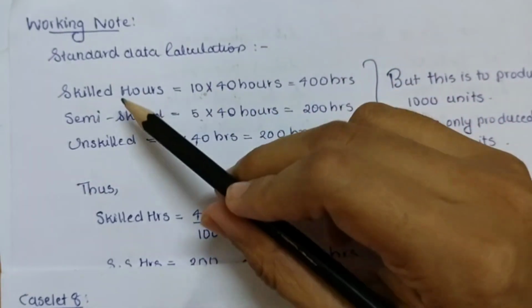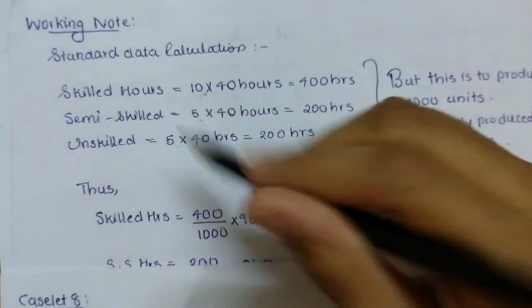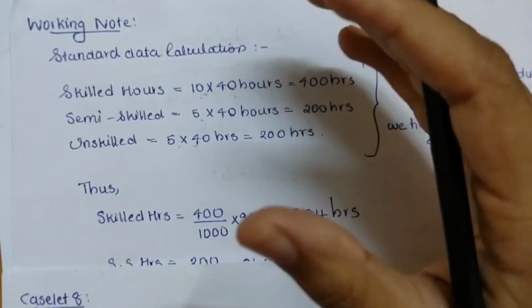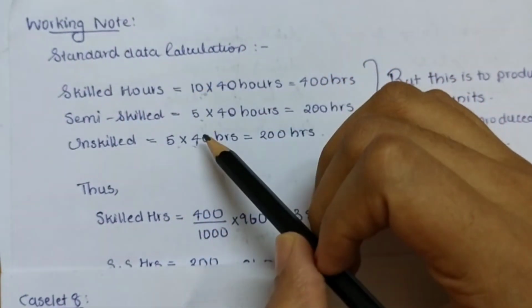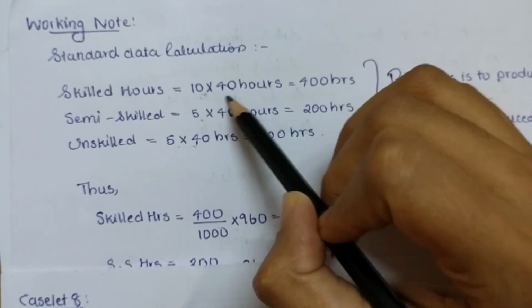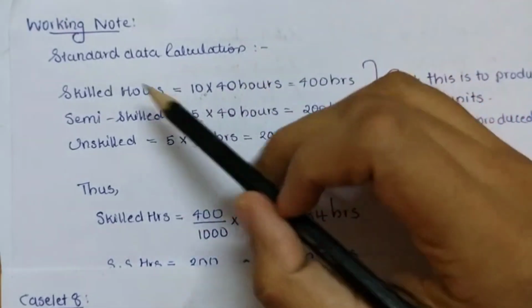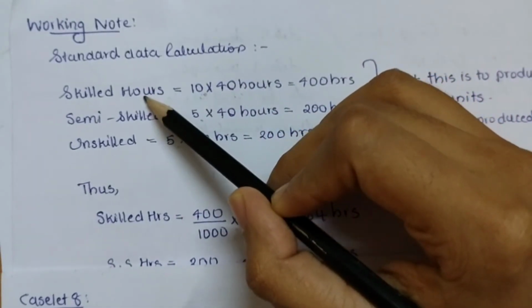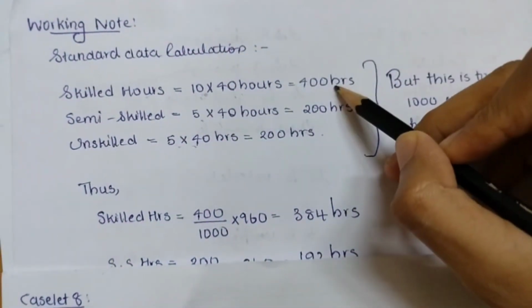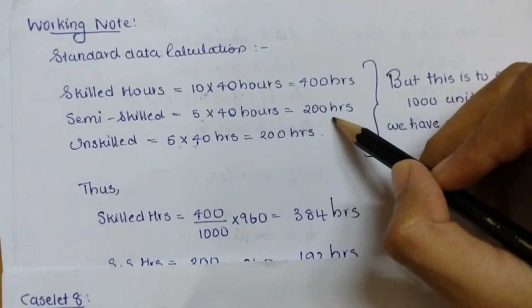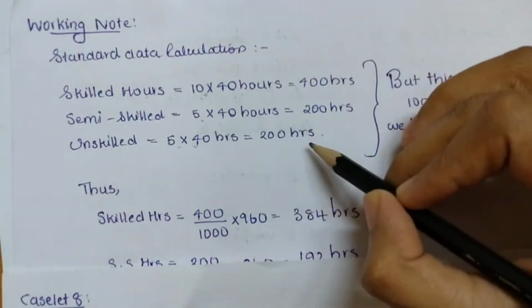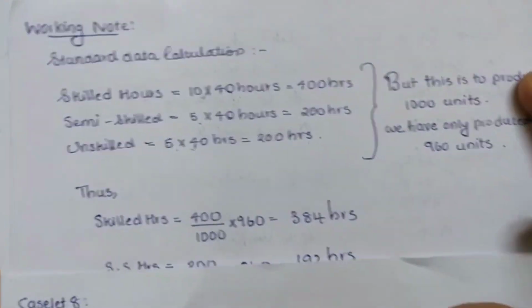Since for each person 40 hours will be there, and 10 workers are included in skilled employees, we have to multiply 10 into 40 in order to get the total hours of these 10 people included in the skilled labor. So we got 400 hours, and for semi-skilled we'll be having 200 hours, and for unskilled we'll be having 200 hours. But there is a problem,